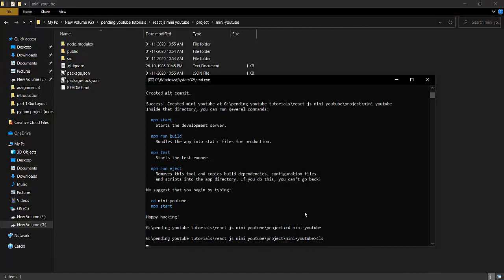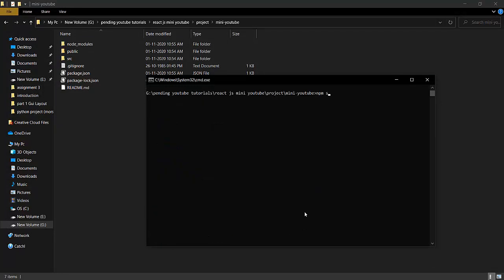Now first of all we will open it in our VS Code. Simply write code and dot here. It will take a little time to open in VS Code.